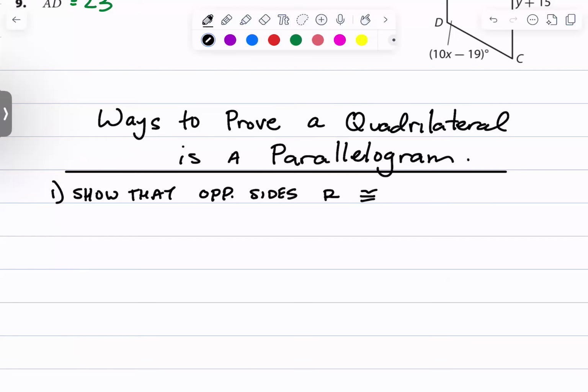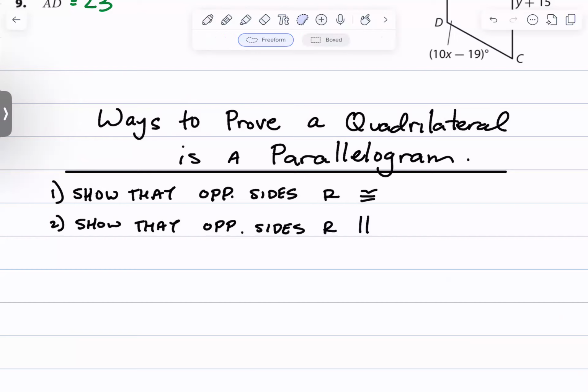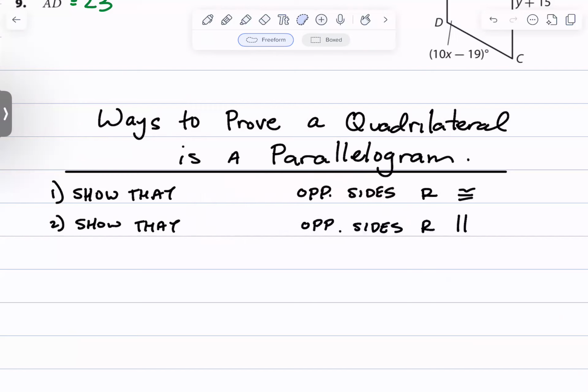Second way, show that opposite sides are parallel. I forgot one key word for both. Both pairs of opposite sides. Okay. Both pairs of opposite sides are congruent,